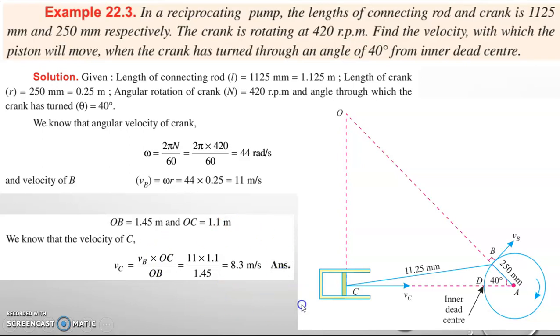This is the graphical method of solving the reciprocating pump by using the instantaneous center method. We have to study the analytical method also. In rare cases, the university will ask to find the velocity by the analytical method. The graphical method is a simple one. By using scale and proper dimensions, if there are only one or two steps, we can easily find the answer. If you are going for the analytical method, we have to memorize some equations, which will be useful for the solution.